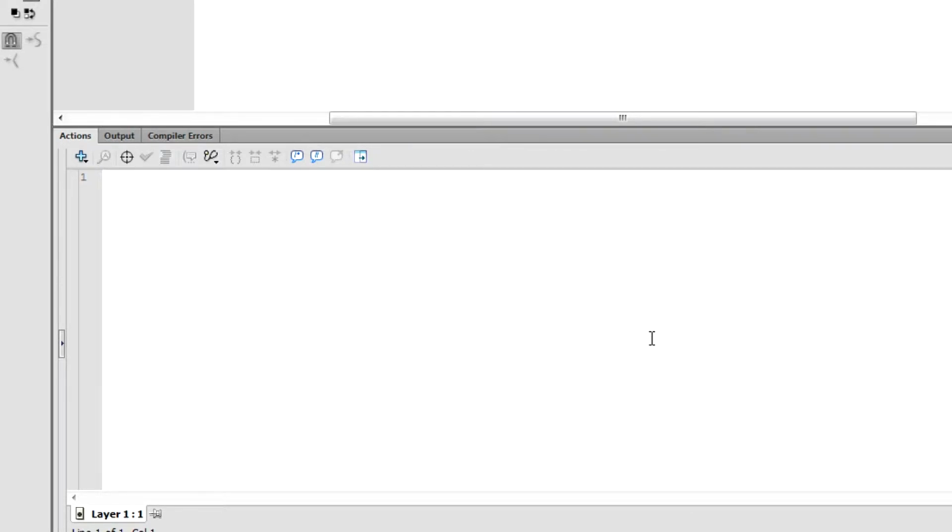And I know in the last tutorial I said we were going to be covering classes. In this tutorial we're just going to be going over functions, because in order to do classes you're going to need to know functions. So first off, to make a function you just write in the keyword